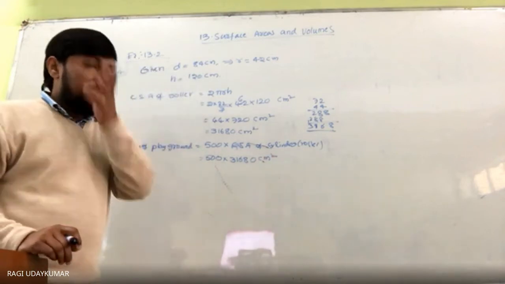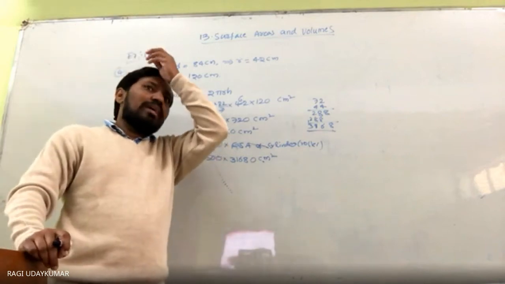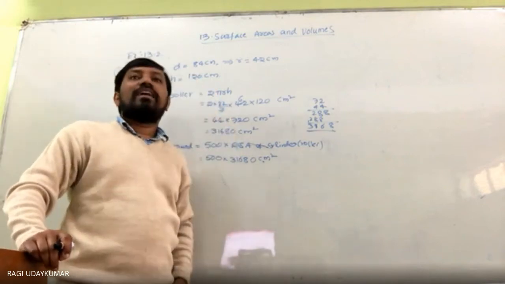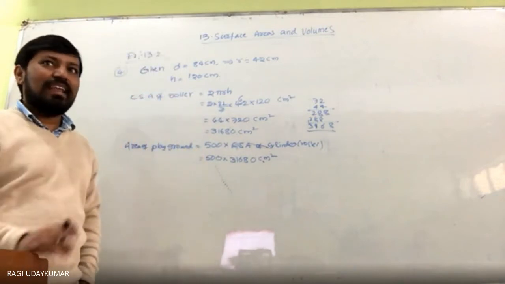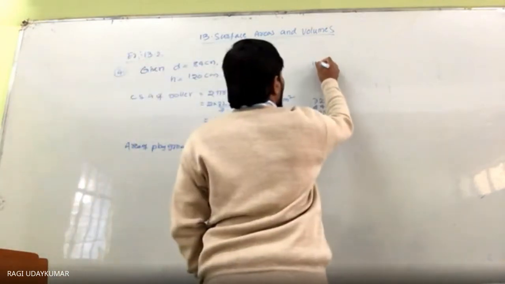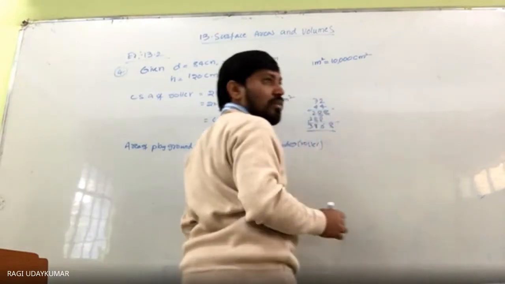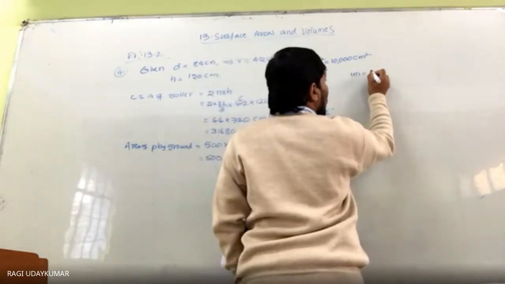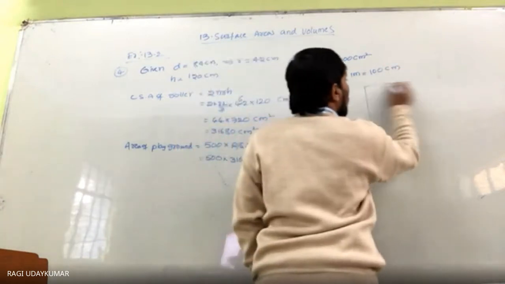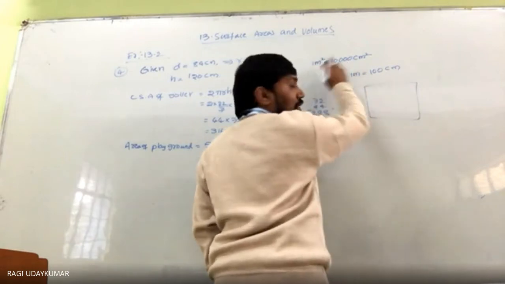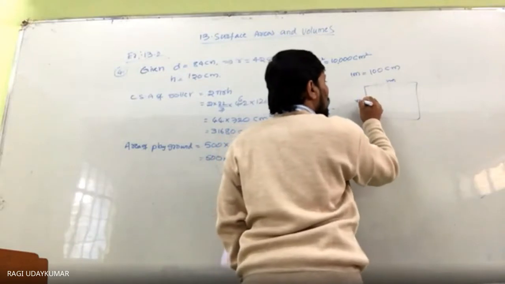Here remember that the question is asking in meter square. To express centimeter square in meter square, what to do here? Divide by 10,000. Because yesterday in the class I told, everyone remember, 1 meter square is equal to 10,000 centimeter square. Normally 1 meter is equal to what, child? 100 centimeters. Now I am saying meter square: this is 1 meter, and this side is 1 meter. In centimeters, this will be 100 centimeters.